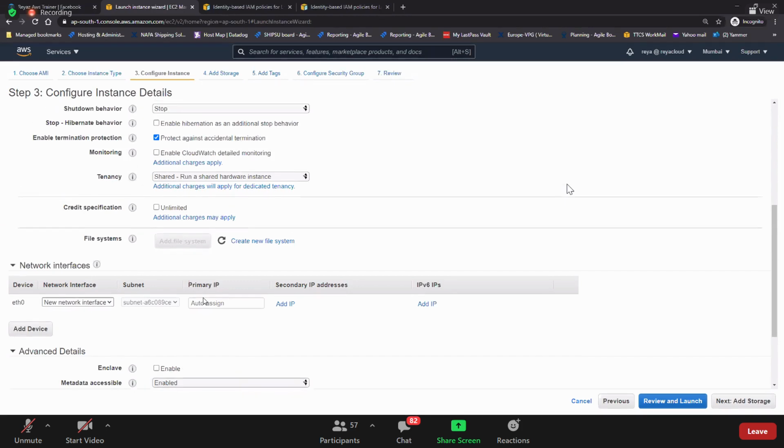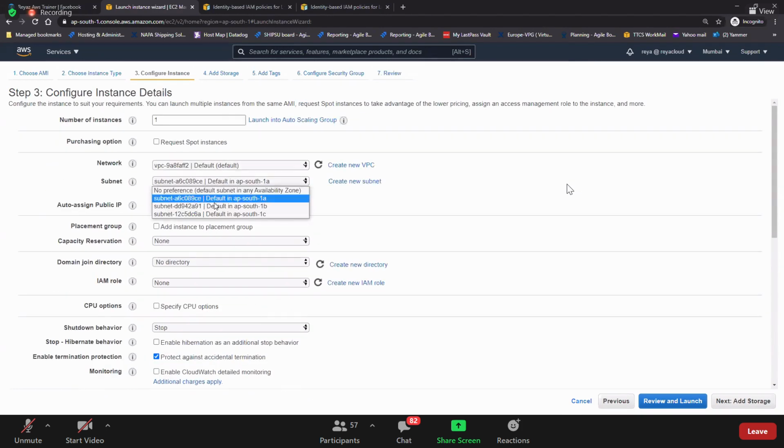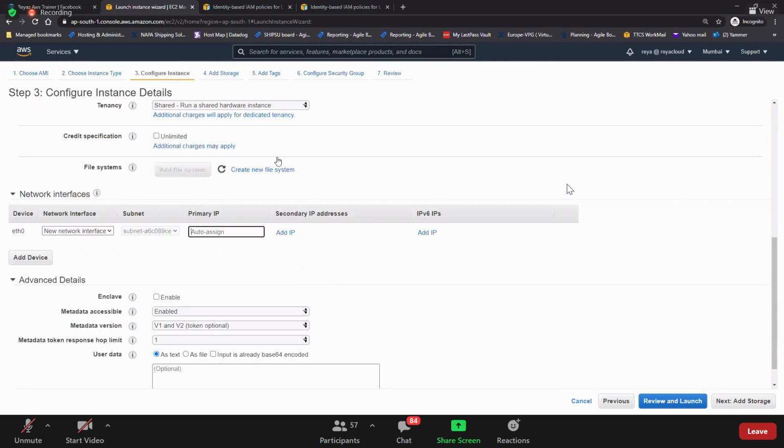If you ask me what type of IP address you will get, we need to talk about the subnets. Remember we discussed the CIDR and the VPC range, 192.168 or 172 series. This default VPC already has a CIDR, a network range. Out of that, you will automatically get one IP assigned to this EC2 instance. So basically you don't need to do anything here. Just leave it like that. It will auto assign. Keep this in mind.